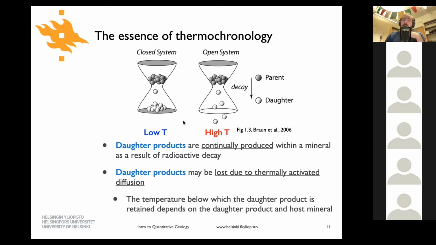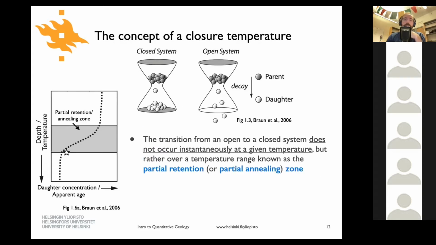So this is the basic idea, the two different kinds of closed system or open system behavior, which depends on whether you're at low or high temperature. Now, it's slightly more complicated than that because this temperature is not like a switch. It's not like all of a sudden you hit 200 degrees and you transition from open to closed. But instead, there's a zone over which you gradually decrease the likelihood that any daughter product would be diffusing out